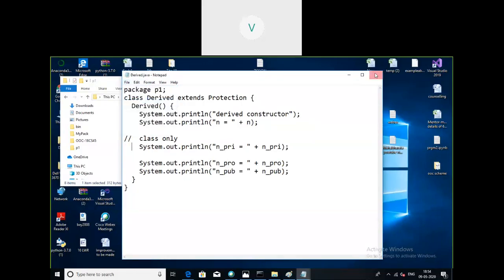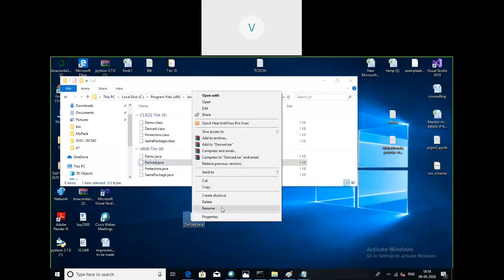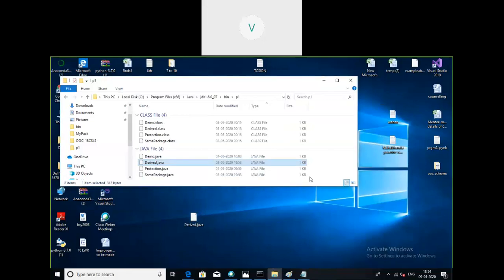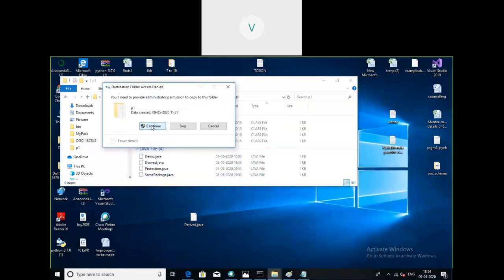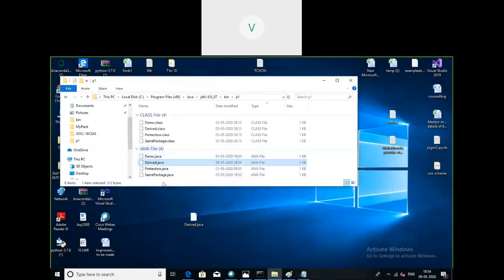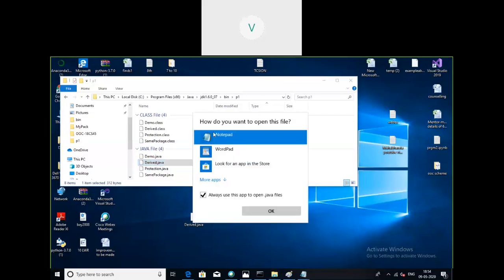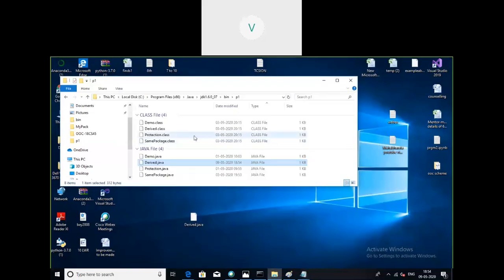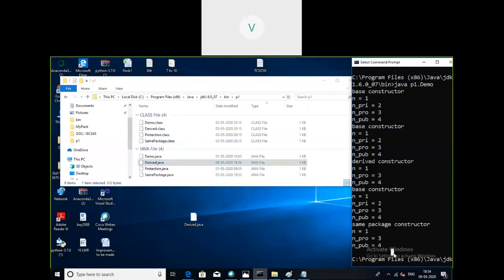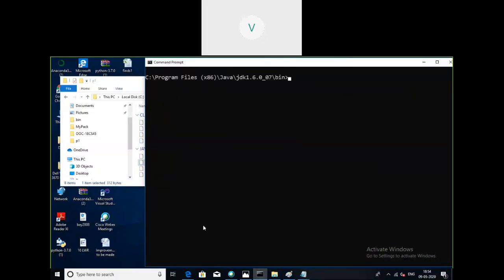I'll save it, take this source file, copy, paste, and replace the file in the destination. Now my derived.java is trying to access the private member, but actually it should not. So let's compile this.